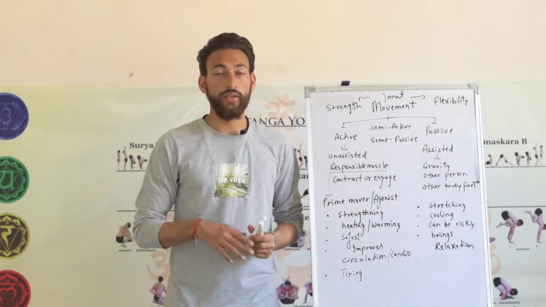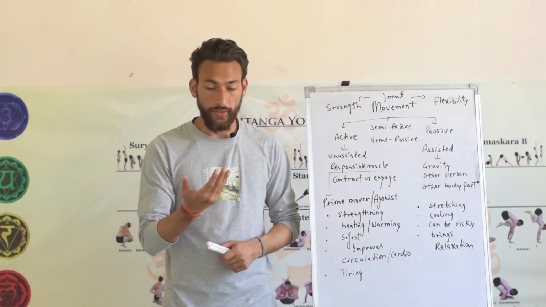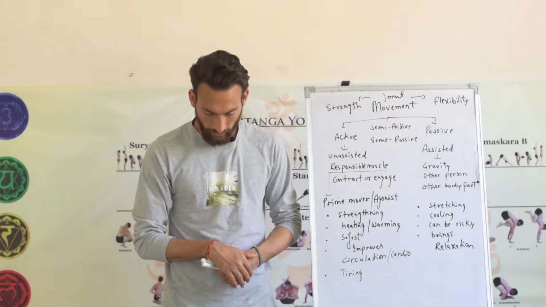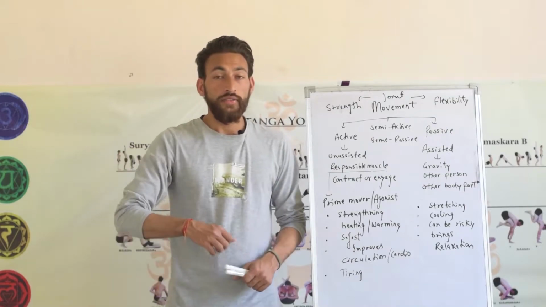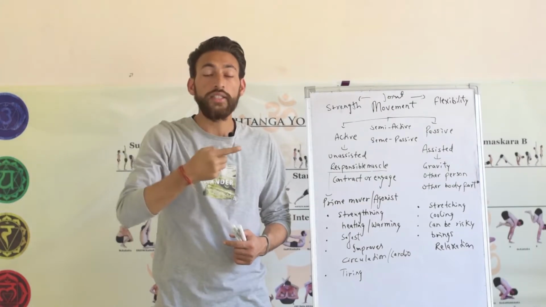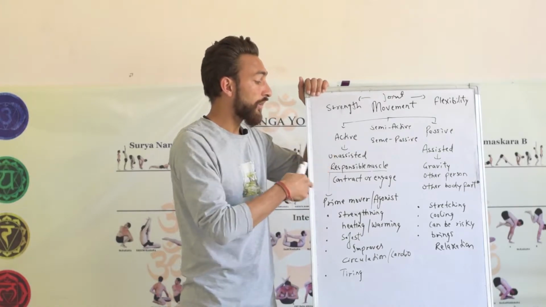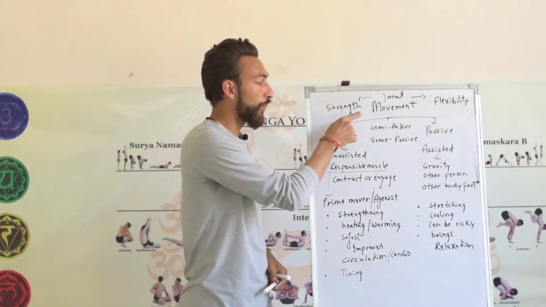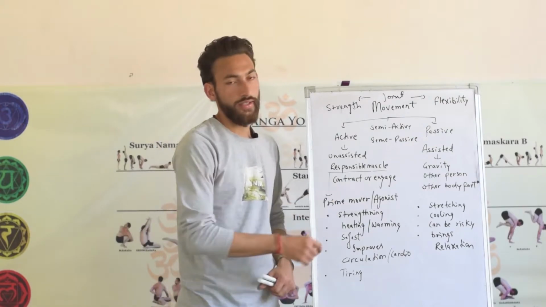Again, like now, let's say I bow my head down. Of course I have made an effort to bend, but you'll also notice that I do not really have to make too much effort to bend my neck, because gravity easily allows me to do it. But if I keep my hand against my head and then try to bring my head down, it will take me a lot more effort. So the more you make any movement unassisted and the more you move against some resistance, the more a movement will become active. And active movements in nature are strengthening.